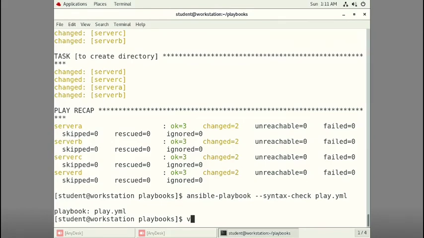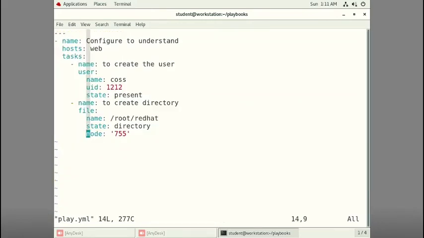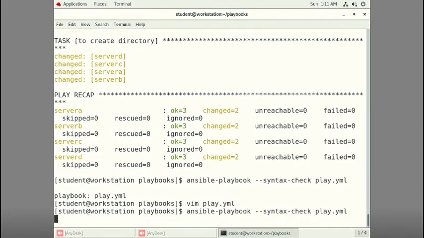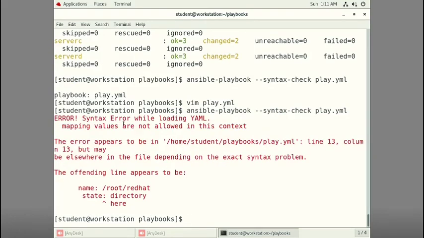So let's introduce some error here in playbook.yml. I'm just doing it this way. Let's check the playbook. It clearly says on which line the error is.